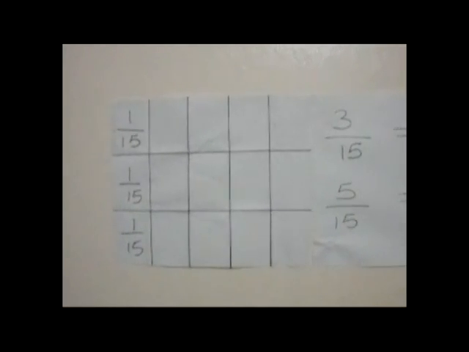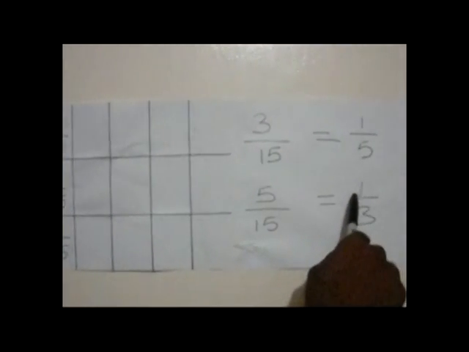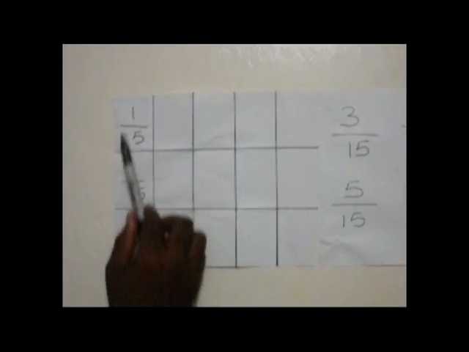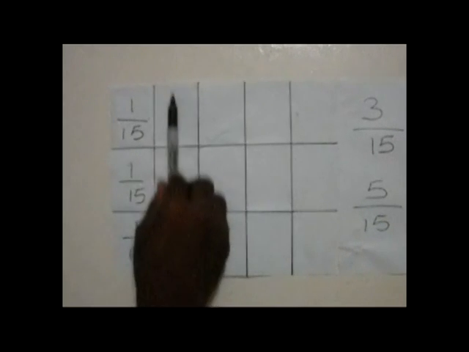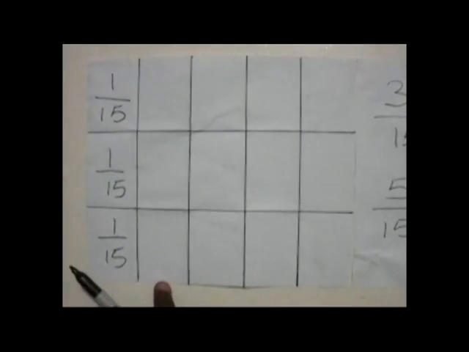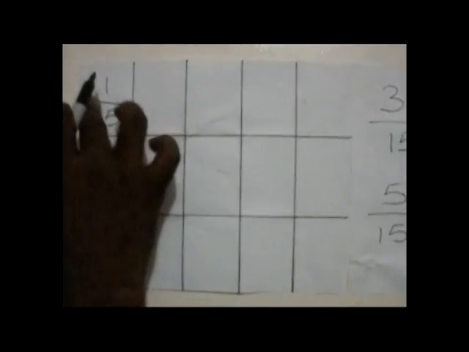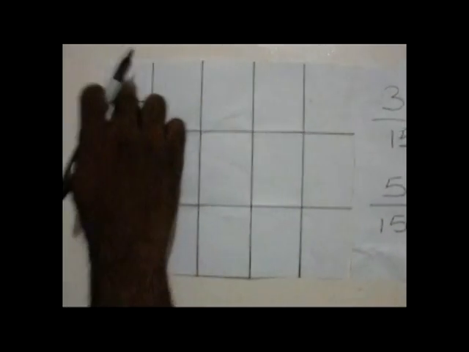However, what are we adding? We will be adding 2/5 plus 1/3. So if 1/5 is 3 15ths, then how many 15ths will give me 2/5? Okay, let's see if you're correct. So this is 1/5. This is another 1/5. So how many 1/5 do I have here now? How many 1/5? So this is 1, 2. So 1, 2, 3,